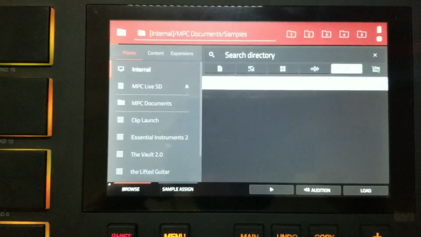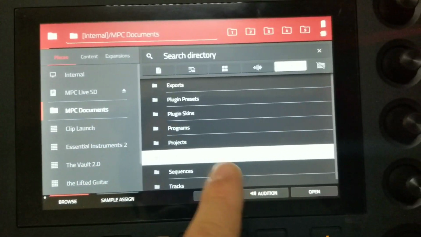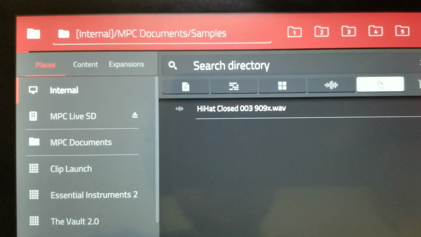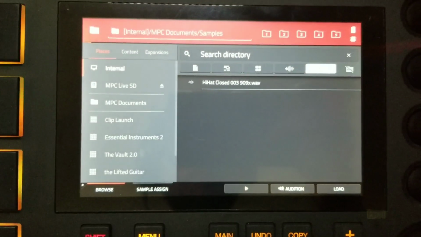and then I'll go back into the browser and take a look over here on the left side of the screen where it says MPC documents. I want to click on that, and that will lead me to this folder called samples. Open that up, and by default all my saved samples will be in this folder here,